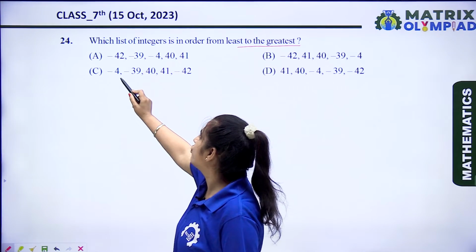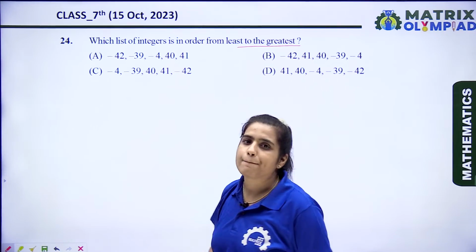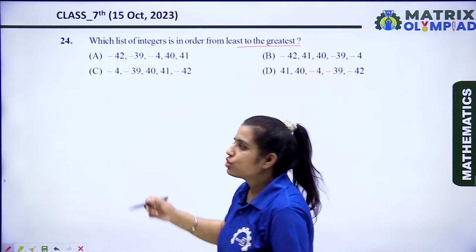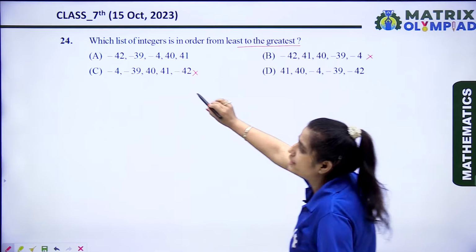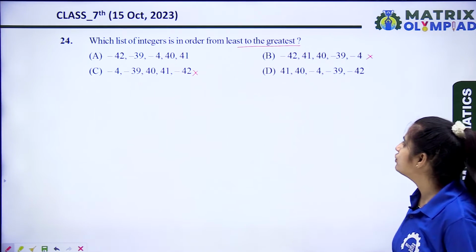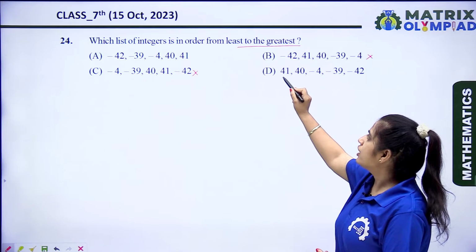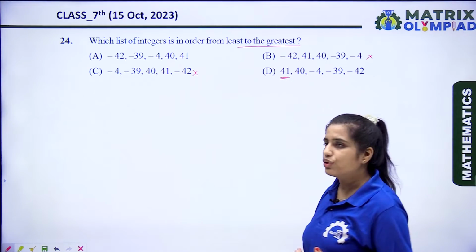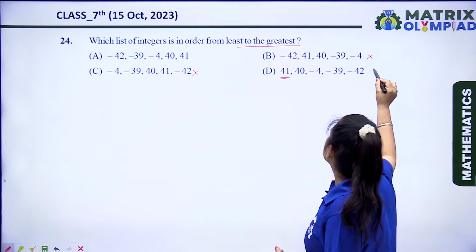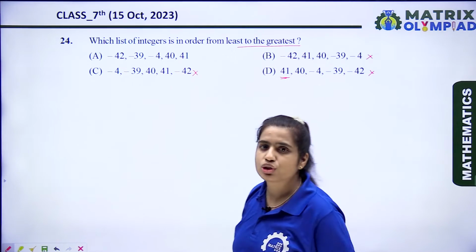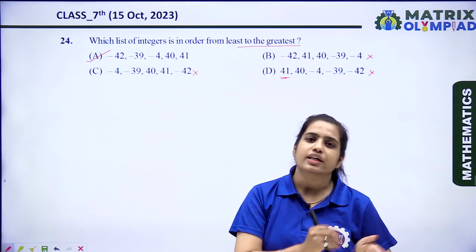नाउ हियर द थर्ड ऑप्शन इज -4, -39। -4 ग्रेटर है -39 के कंपैरिजन में, तो फर्स्ट नंबर ही आपका ग्रेटेस्ट आ गया। तो हमारी ये वाली सीक्वेंस भी फॉलो नहीं होगी। नाउ द डी ऑप्शन इज 41, 40। स्टार्टिंग हमारा है लीस्ट नंबर से, तो हेयर इन ऑप्शन D जो स्टार्टिंग हो रही है वो ग्रेटेस्ट नंबर से हो रही है। 41 कंपैरेटिव टू 40 ग्रेटेस्ट नंबर है, तो ये वाला सीक्वेंस भी क्वेश्चन फॉलो नहीं कर रहा है। सो हेयर ऑप्शन A इज द करेक्ट आंसर विच इज फॉलोइंग लीस्ट टू द ग्रेटेस्ट इंटीजर।